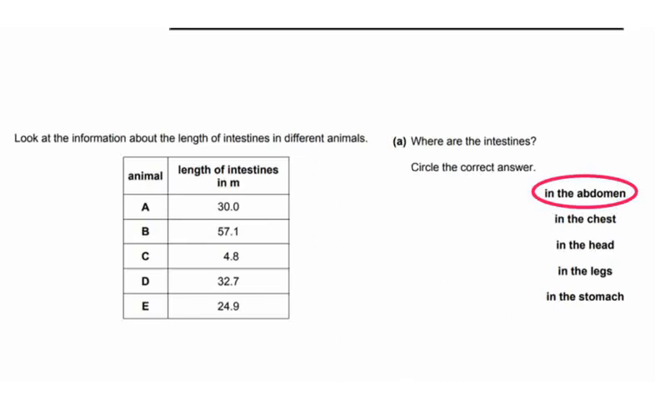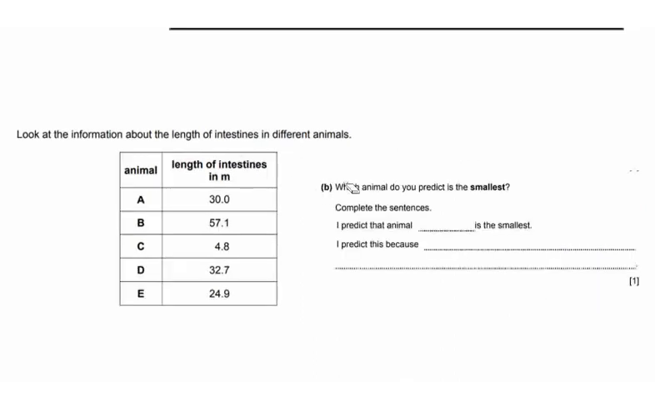The answer is in the abdomen. Move to next question. Question B. Which animal do you predict is the smallest? Complete the sentences. I predict that animal blank is the smallest. I predict this because,